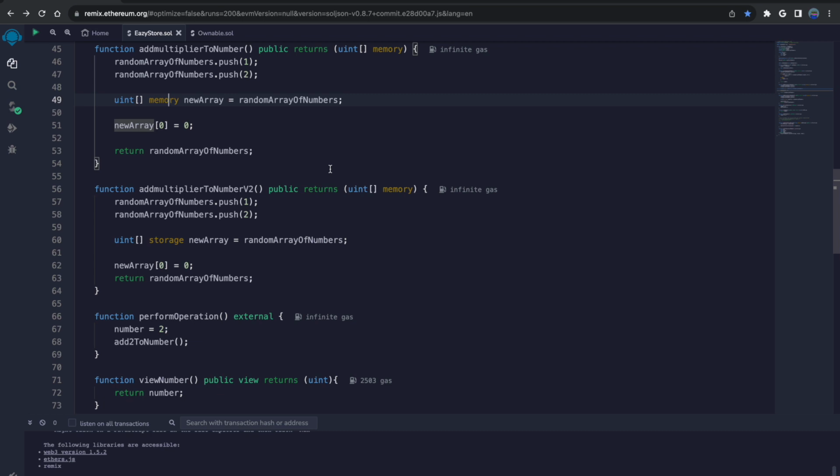So that's just a little hint, but to sum it up, memory is non-persistent after the function runs. That data store pretty much is dropped from the contract, and then when using storage, that's persistent. That data store is kept after the execution of that smart contract.